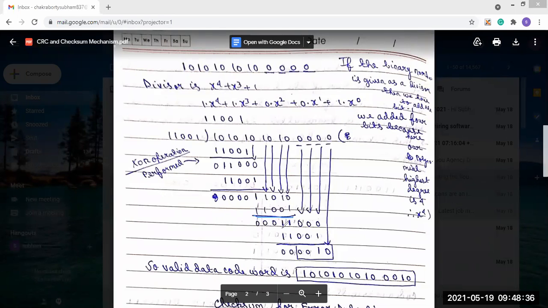So these 2 are the length. So what we have to do? We have to put this. There is the length 2 and it has to be of length 5. So that means we have to get the 3 values. Then we take 0 0 0. These 3 values are taken and we make it to the length 5. So again 1 1 0 0 1 into 1. That means 1 1 0 0 1.